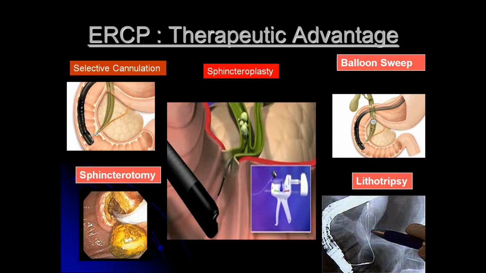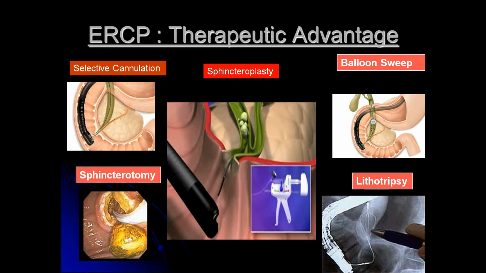Sometimes we can selectively cannulate the bile duct and do what we call a sphincterotomy. The sphincterotomy is a technique wherein a wire guided sphincterotome is passed into the bile duct, and the sphincterotome is armed with a bow like diathermy wire, which when tightened and applied with monopolar current, enlarges the ampullary opening from 1 mm. It can enlarge to even a centimeter or more,